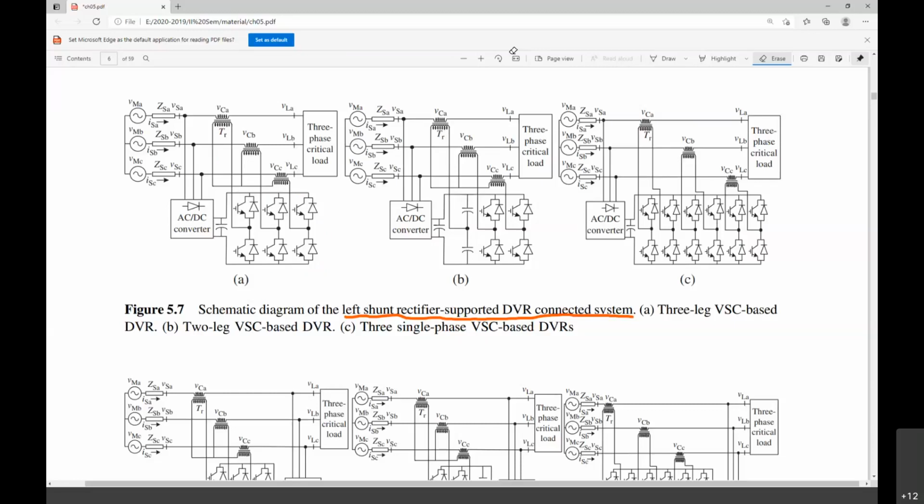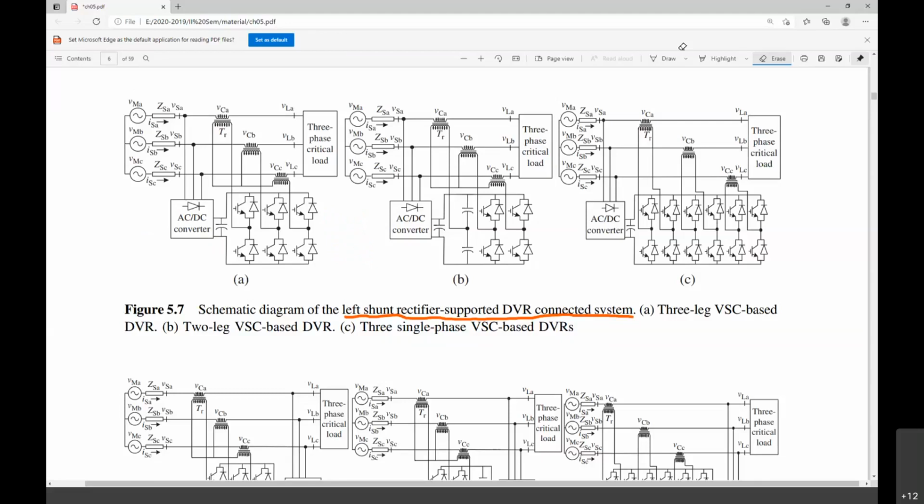If the source is experiencing a fault at this particular point, the source itself is in a weak condition. In that case, it cannot support this particular capacitor. Why? Because in order to correct the voltage by your DVR, it has to inject real power as well as some amount of reactive power. So it is not applicable. But for research purposes, it is applicable. For practical implementation, it is not advisable to go for this kind of topology. But in literature, people have used it for academic purposes.